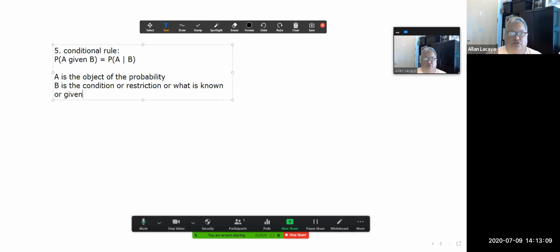So a conditional rule of probability allows you to compute probabilities not in a vacuum, but rather in a specific